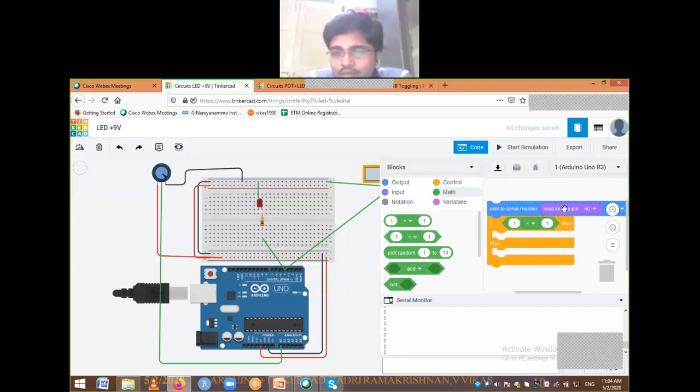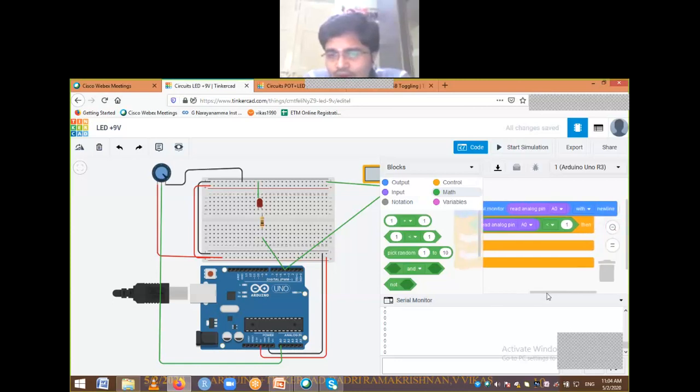What I want to compare is this particular analog pin value, so duplicate that and drop it over here. It says if read analog pin A0 is less than 500. If the value is less than 500, I want to make the LED off.